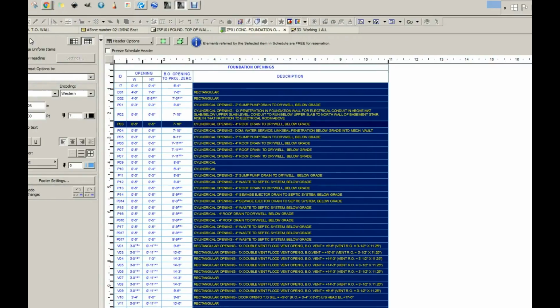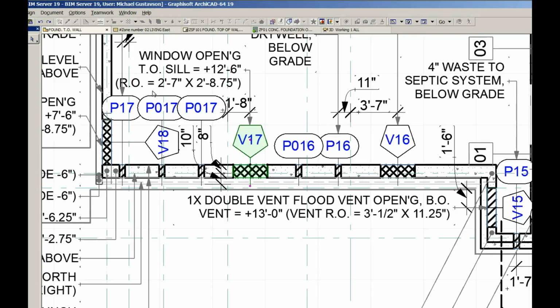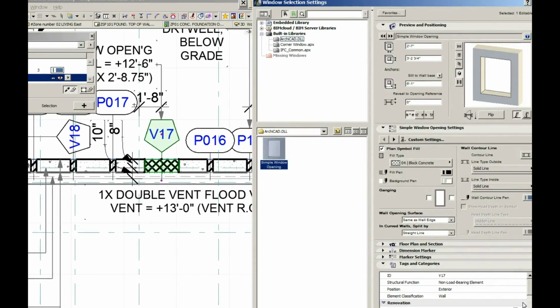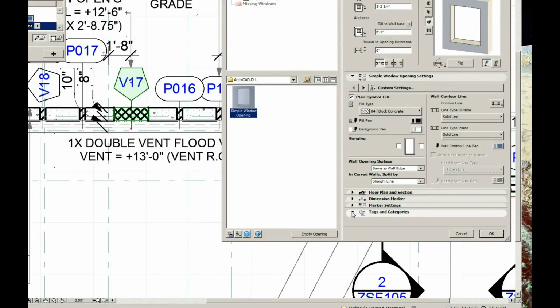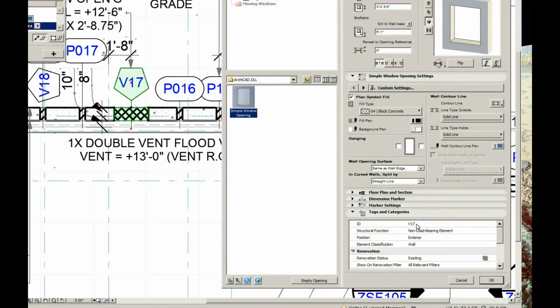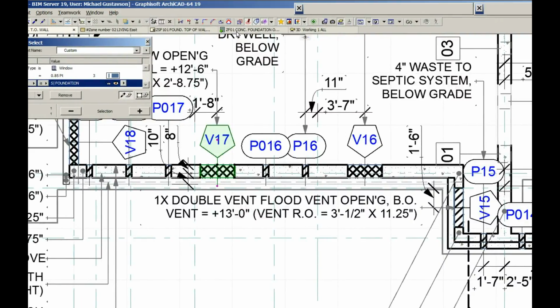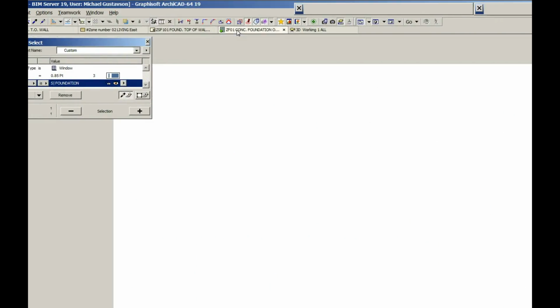this is in the element. So if we go to V17, we hit settings. Okay, we go down to tags and categories. We have the ID, and we have a description. This is the same description that's in the schedule. Okay, and then if we go back to the schedule,